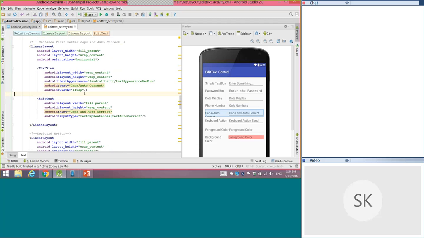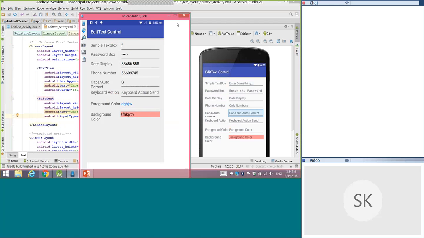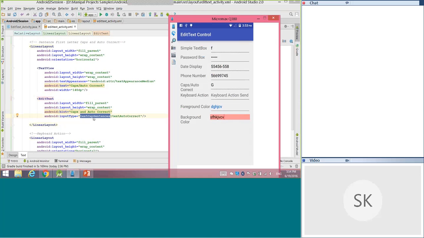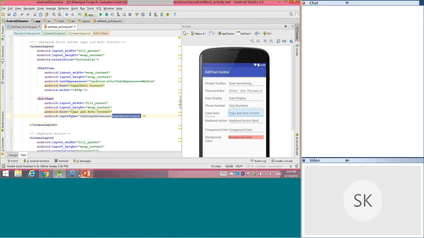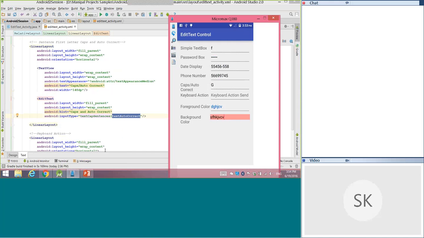Likewise, you can set the autocorrect. If you see input type, I've specified two things over here: text cap sentence and text autocorrect. If you set this text cap sentence, whatever you type as the first character inside this thing will be a capital letter, and everything after will be in small letters. And the meaning of this text autocorrect is, see, if you observe the screen,